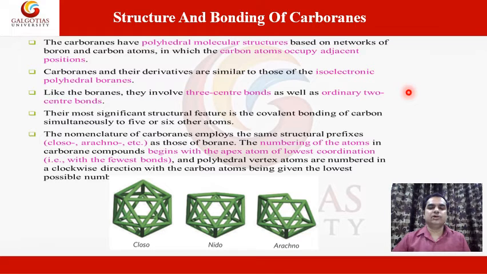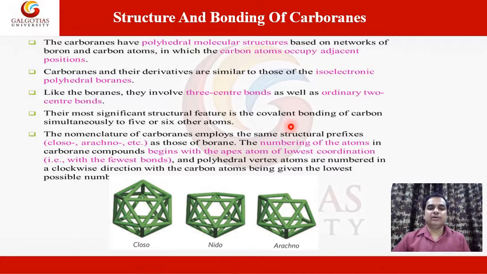So that forms the two-center two-electron bond, which is of ordinarily covalent type. Similarly, they also involve the three-centered two-electron bond and two-centered two-electron bond in the case of carboranes also. And their most significant structural feature is the covalent bonding of carbon simultaneously to five or six other